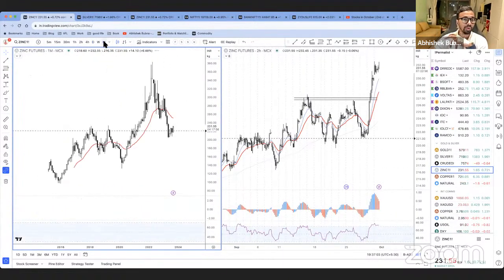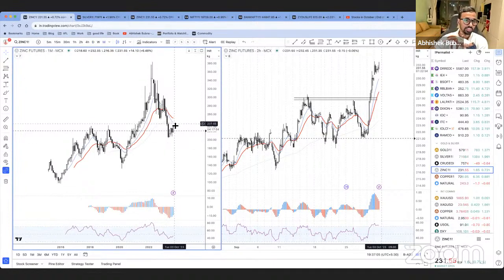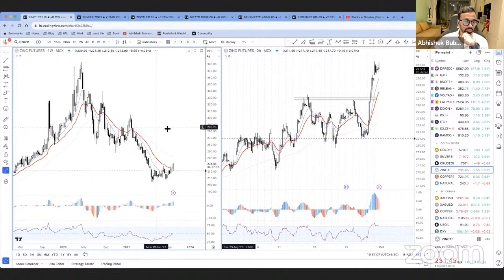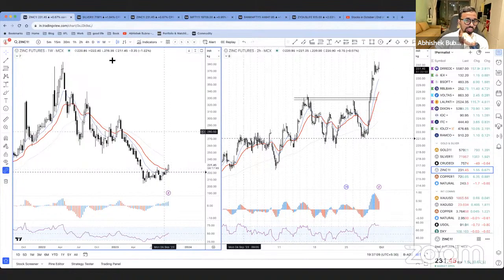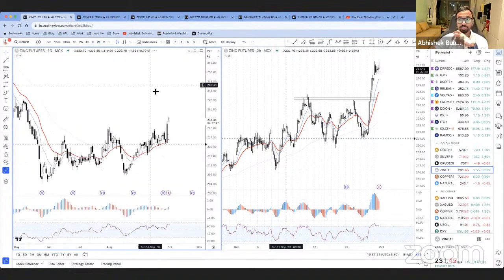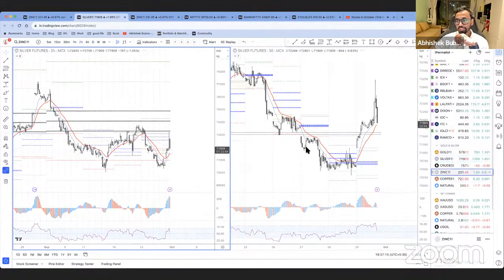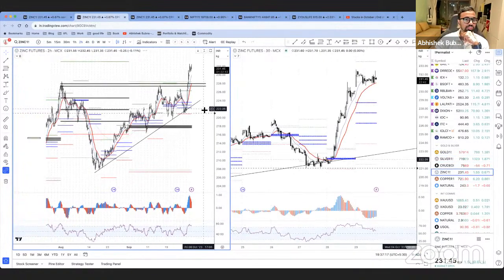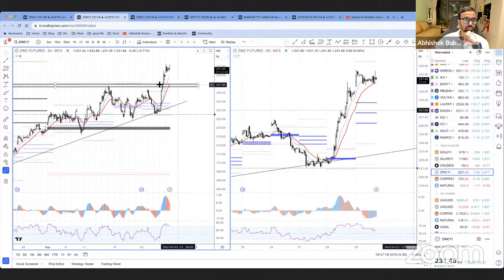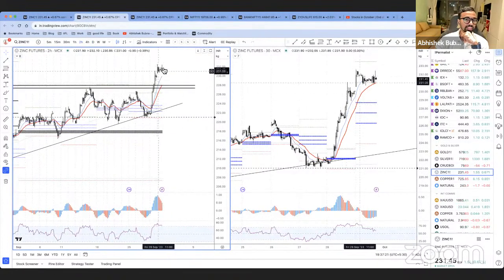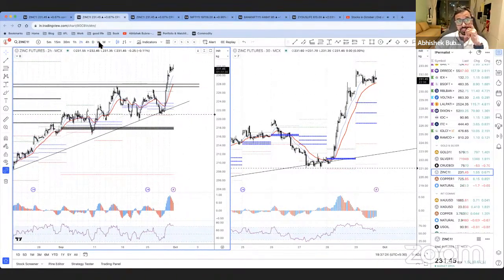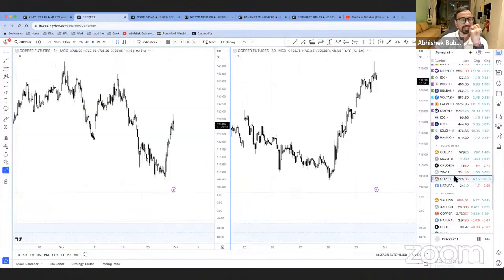Zinc has turned into a buying opportunity monthly till it comes to the moving average, at least weekly maybe, it is turning into a buying opportunity now unexpectedly. And if I open zinc here in this layout, you can see there was a resistance here which broke out yesterday and it is still on. So yeah, zinc is okay. फिर देखेंगे क्या होता है.